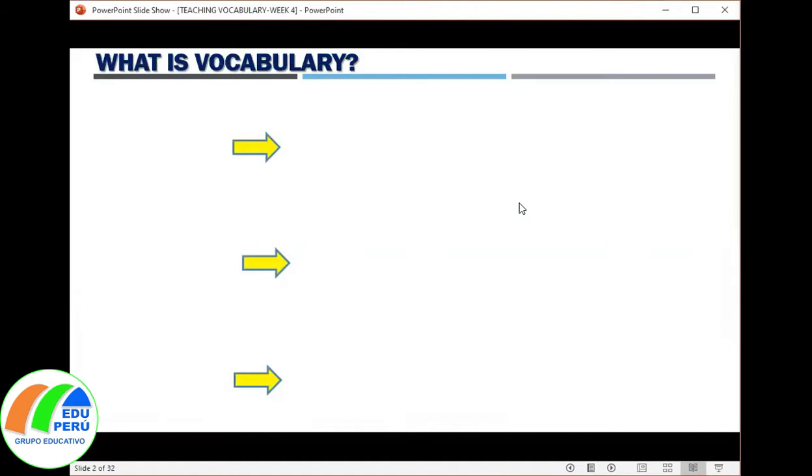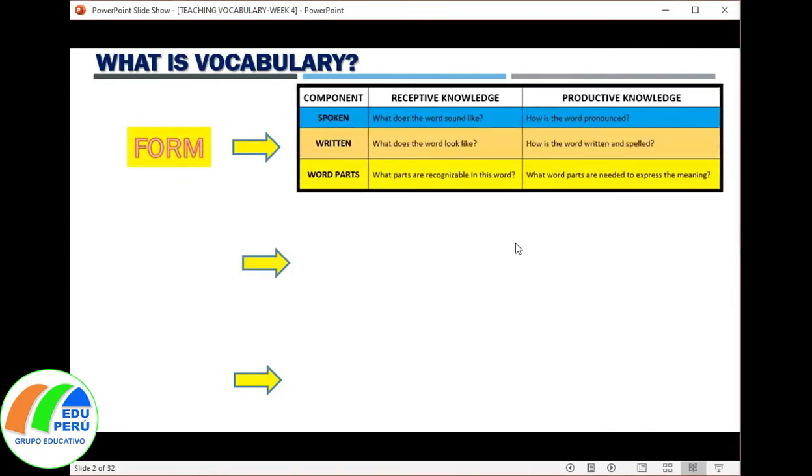Remember, we were talking about what is vocabulary, and we talked about 3 major aspects. Can you remember the 3 major aspects in order to analyze or to know about a word? Vocabulary is related to words. Yeah, it's the form, meaning, and use. Exactly. So here we're going to talk about the form, different components, the spoken, written, and the word parts,